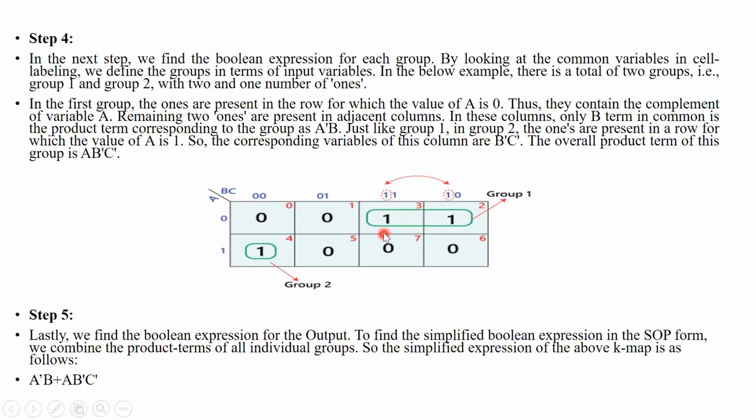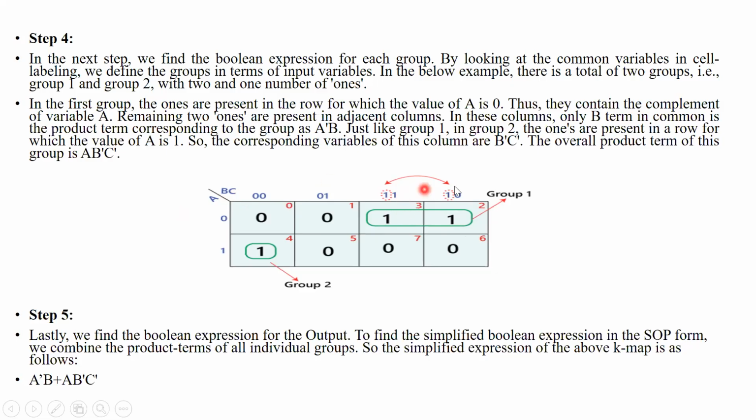Okay, so when I move from this cell to this cell, that is from M3 to M2, the value of A remains the same, that is 0. We will consider the one which remains the same. Now A is done. Now consider B and C which are present over here. When moving from cell M3 to M2, the value of B here is 1, and here also 1. Means the value of B remains the same. It is shown with the dotted line. What happens to the value of C?